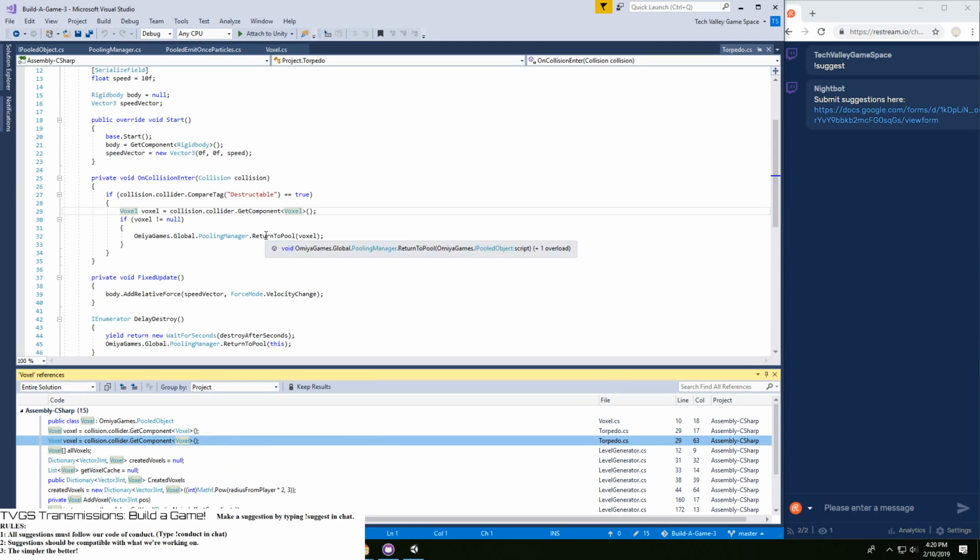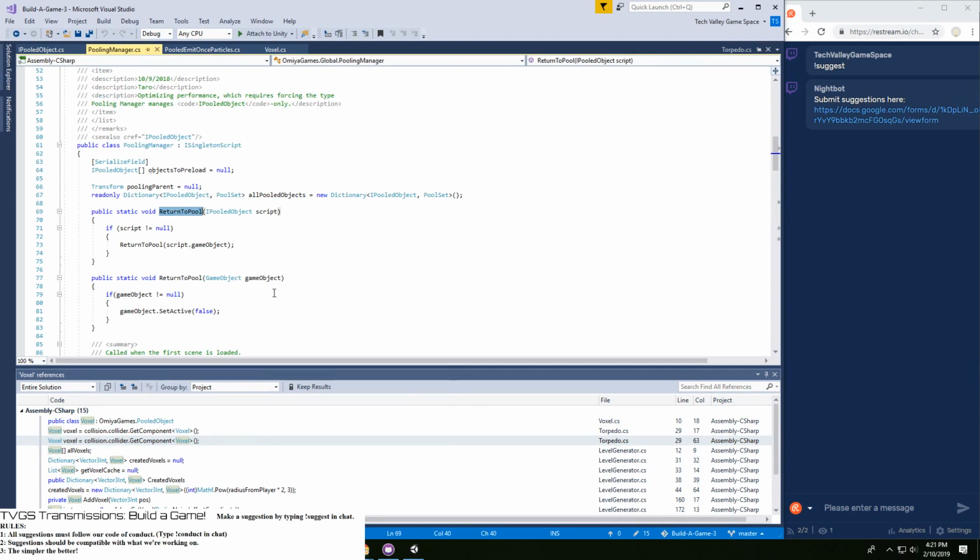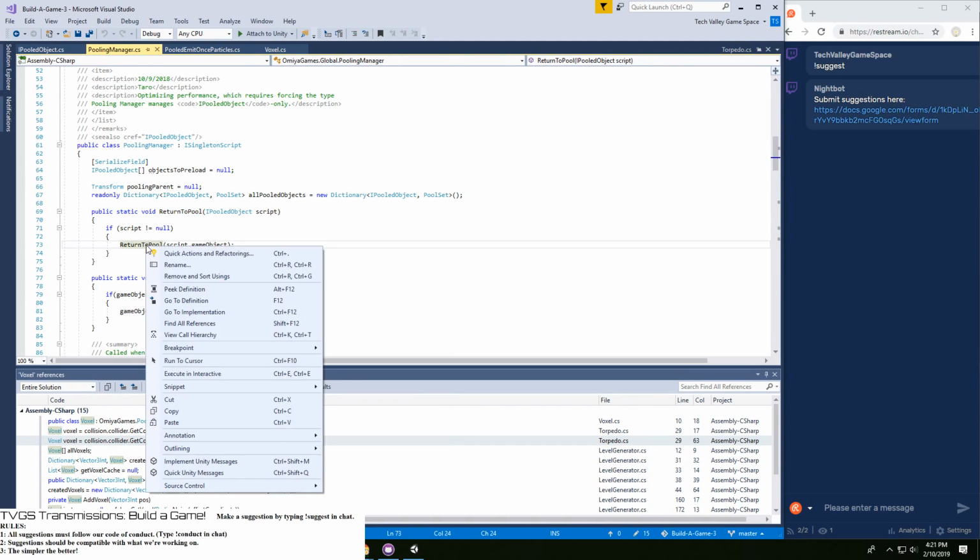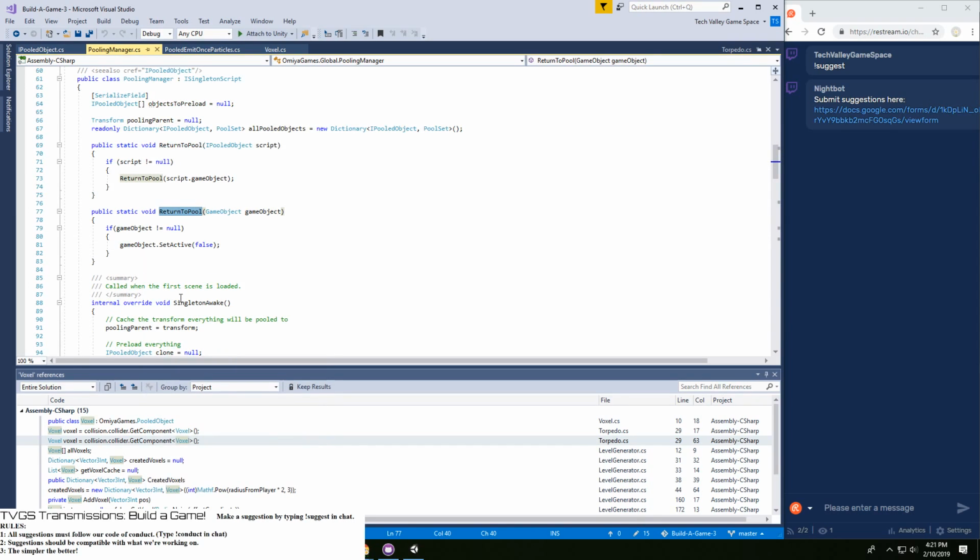It says then return to the pool. If the script is not null, return to the pool. Return to the pool then does this not very useful thing, which is it should be